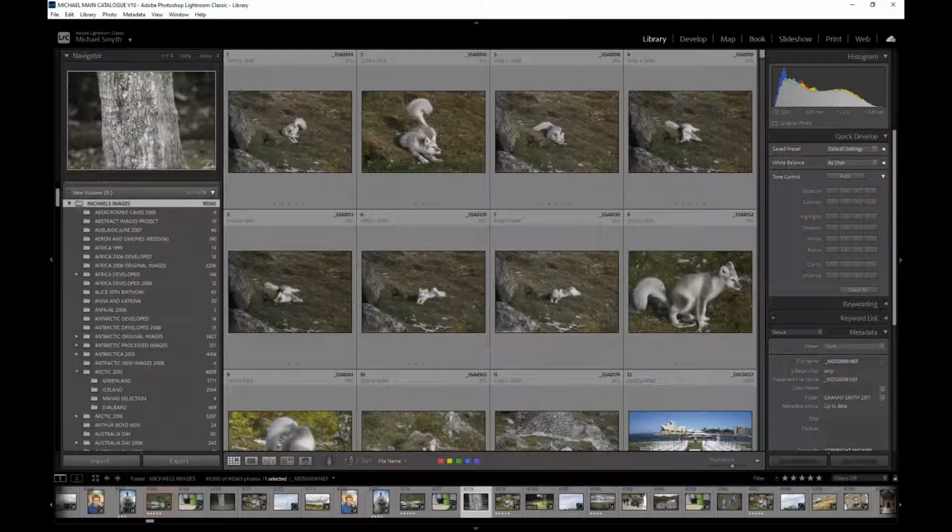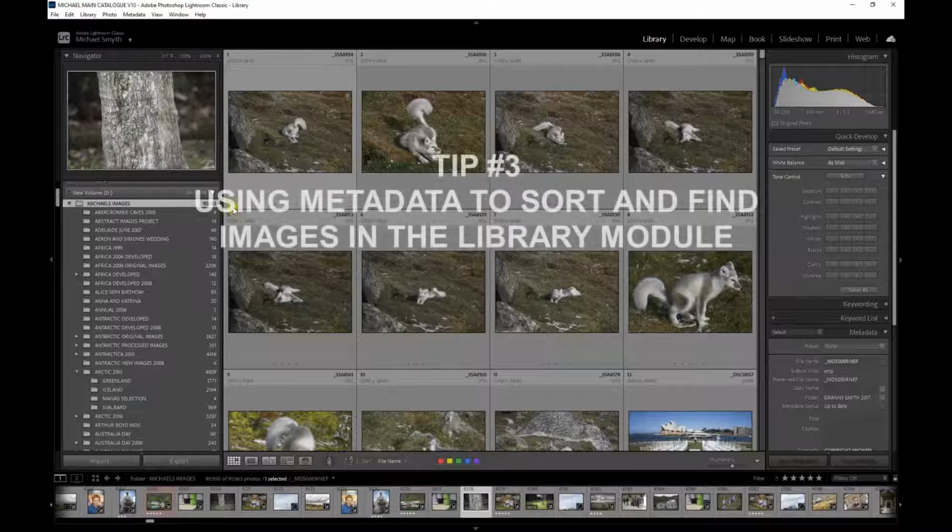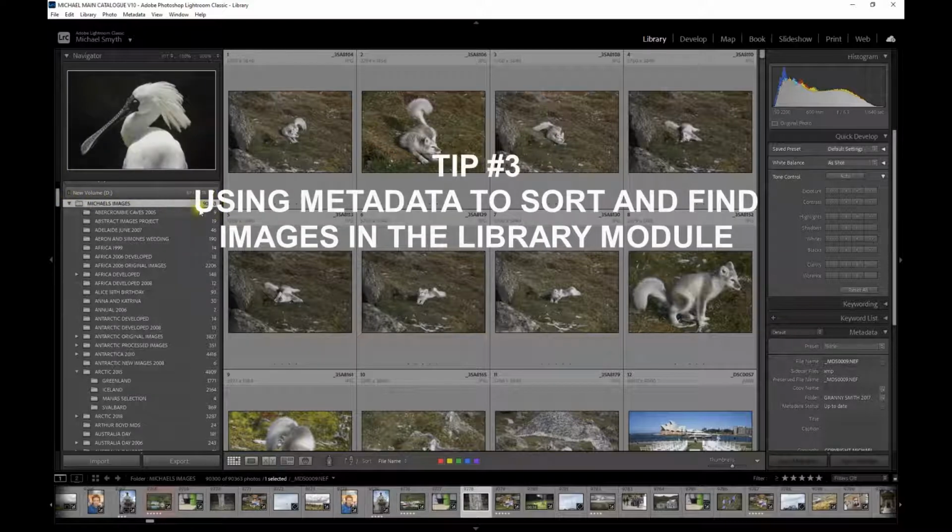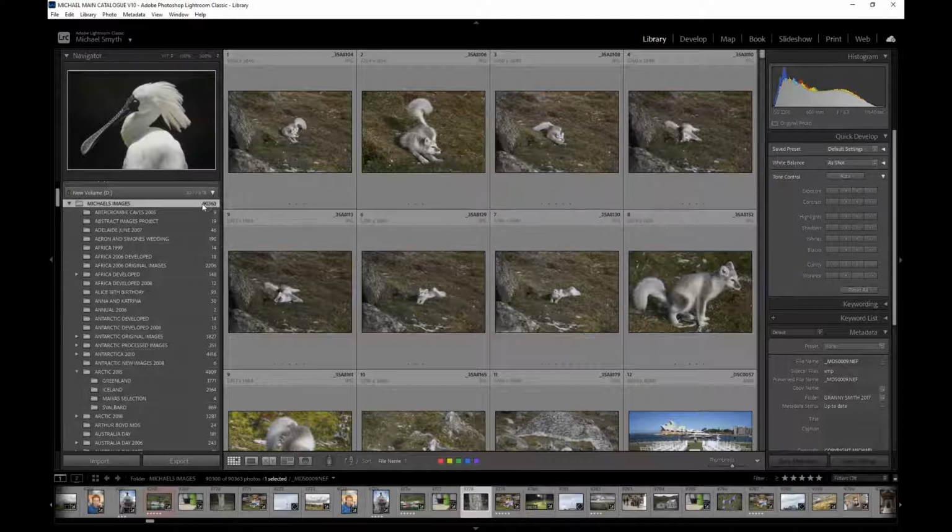Now for tip number 3, we're going to go back to the Library module and look at ways that we can refine our selection of images as we search for something within our collection. And if you look here on this collection of my images, I have 90,000 odd images here, and if I'm looking for a particular image,